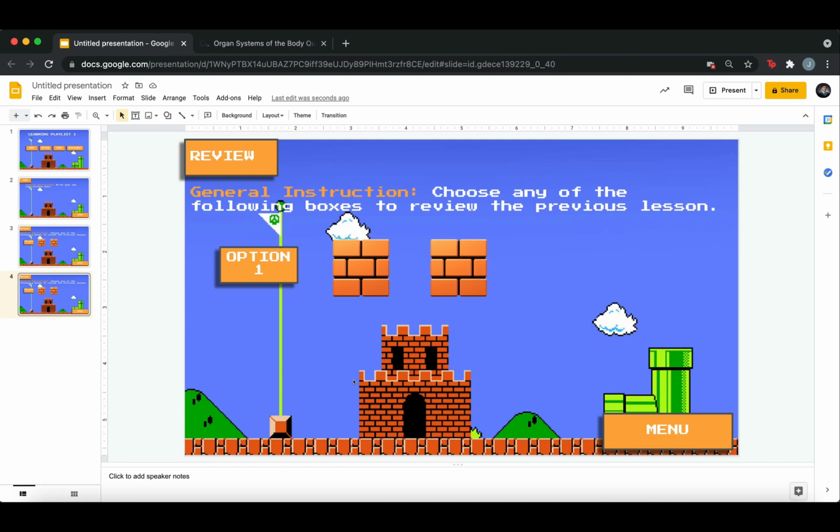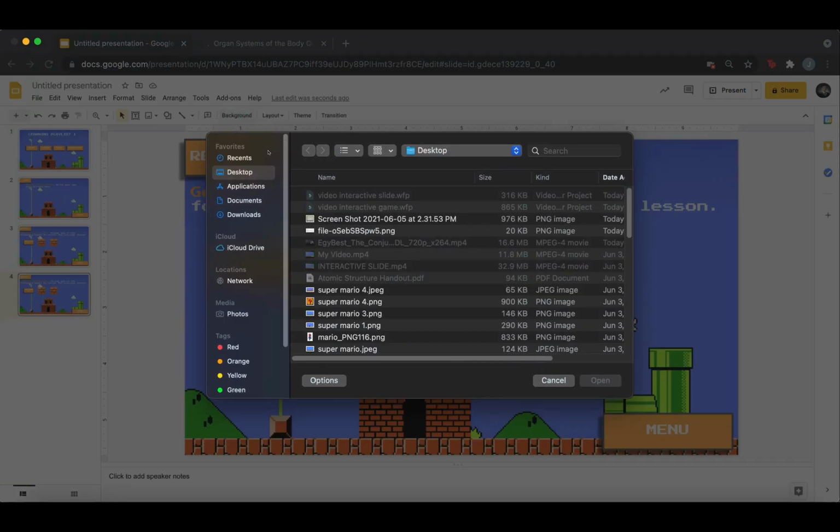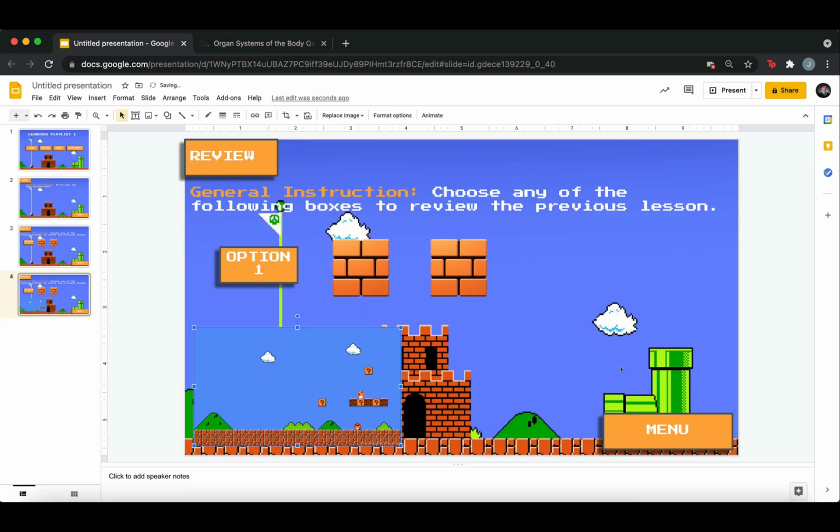Now, what if I want to change the background of this specific slide? Okay, what you have to do is to click insert, select image, and upload from computer. It's okay. But if you want to search the web, it's also fine. Upload from computer, desktop, I want Super Mario 3. I'll just resize this